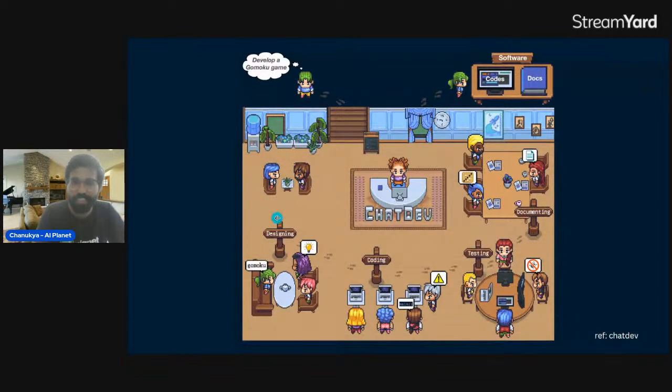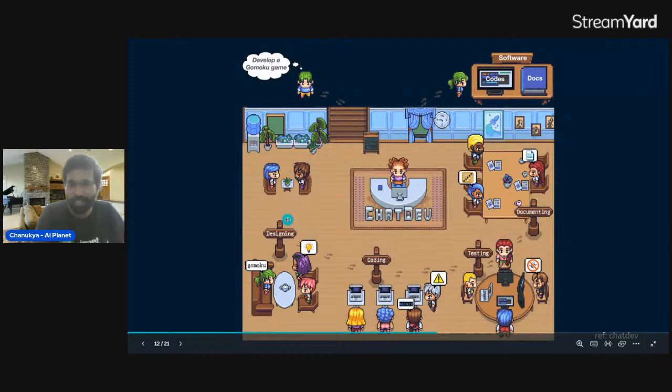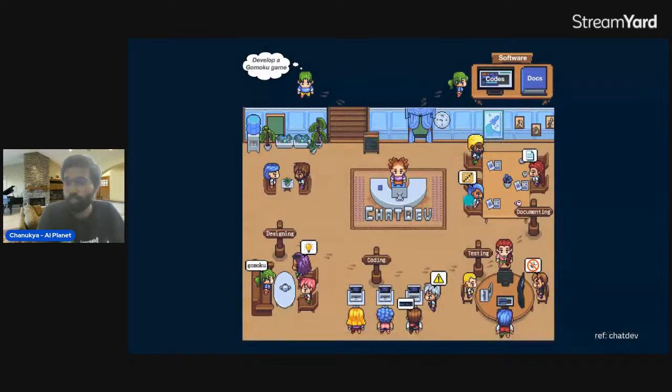So as you can see, there is a designing team that is sitting out here. There is a coding team. There is a testing team. There is a documentation team. So there are a bunch of different agents executing different tasks, and we might end up seeing this kind of virtual dev studio going forward as well. This is something that is in the making. But if you haven't checked out ChatDev and a few other open